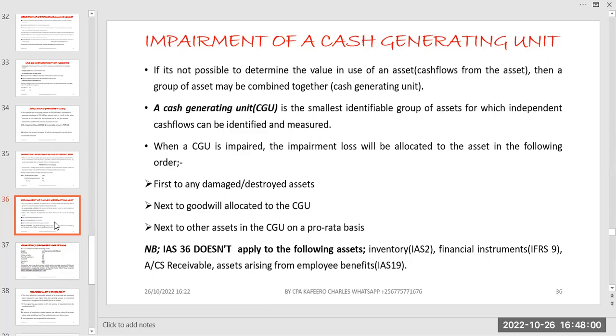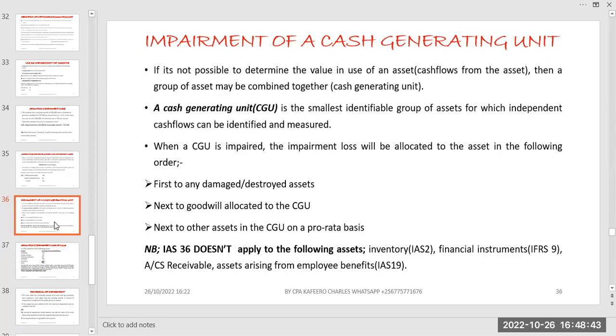how do we account for, or how do we treat, the impairment of the cash generating units. We said these cash generating units are a small identifiable group of assets for which independent cash flows can be identified and measured. We can get their money, they can generate their own money, and we can probably measure that amount of money. So how do we account for them if at all they have been impaired or not? We are saying that if it is not possible to determine the value in use of the asset or the cash flows from the asset, then